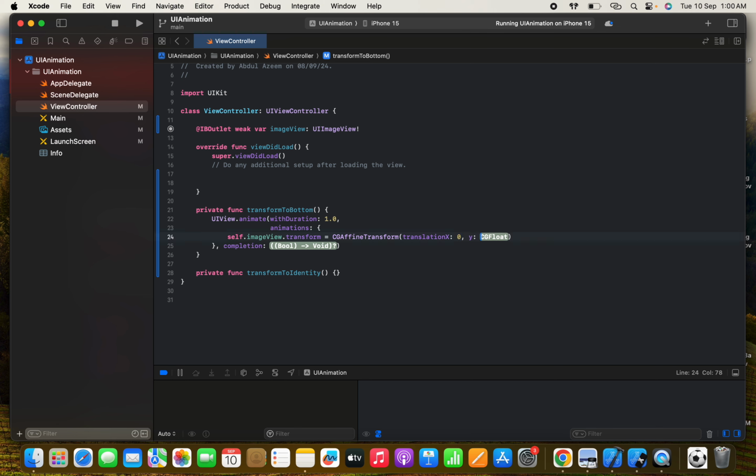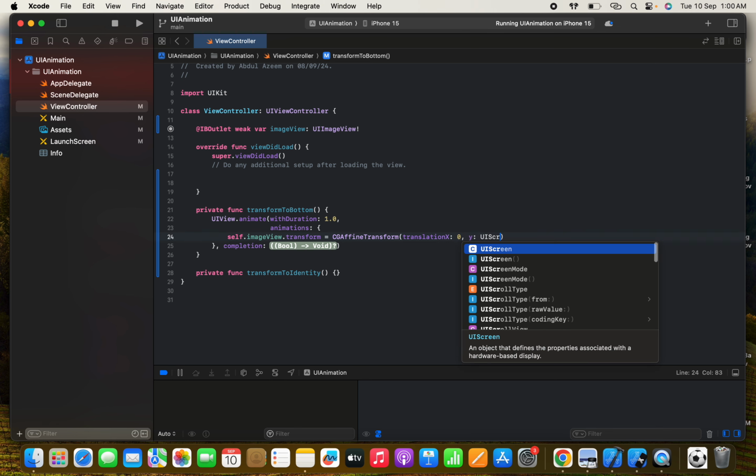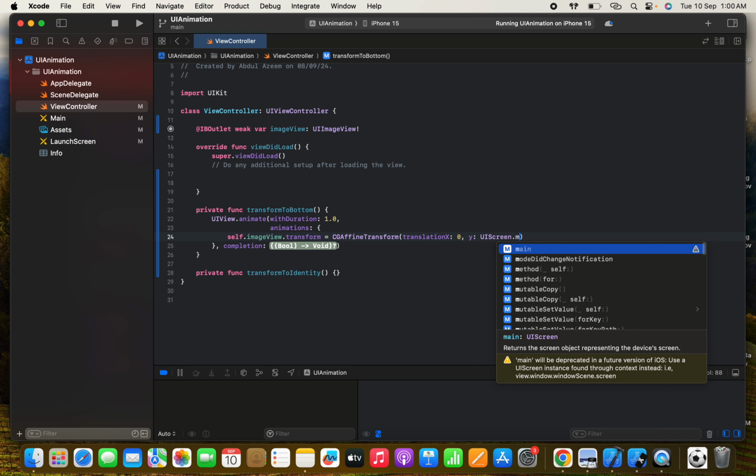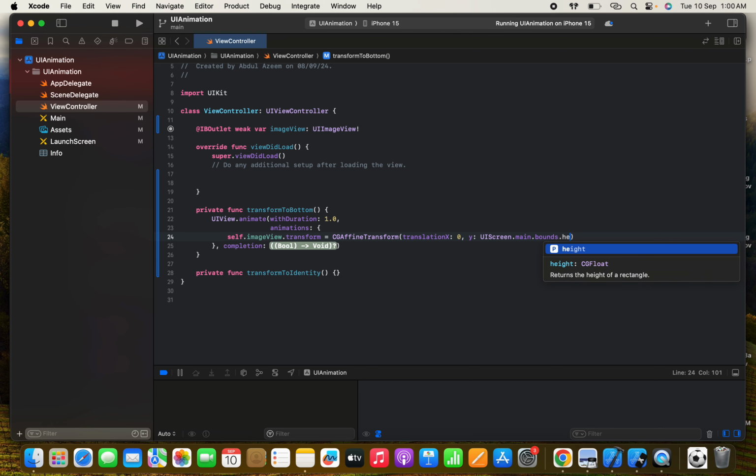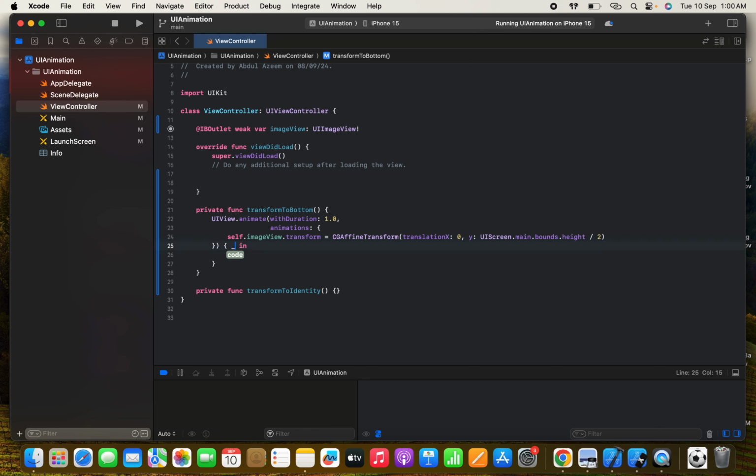This is going to be 0, and for the y-axis we are going to provide half of the screen height, all right,